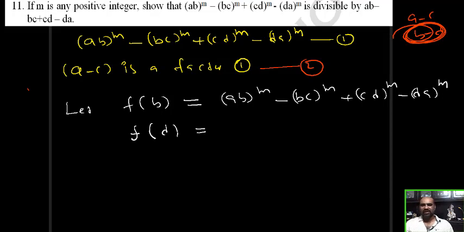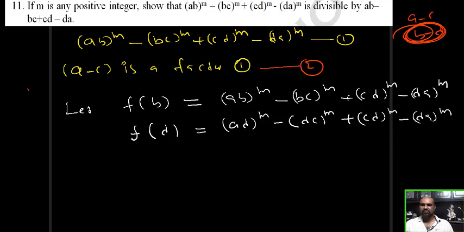Instead of b, write d. So ad power m minus dc power m plus cd power m, no b here, as it is, you write. Observe, this and this cancel, this and this cancel, which gives 0. By the factor theorem, what I can say is that b minus d is a factor of